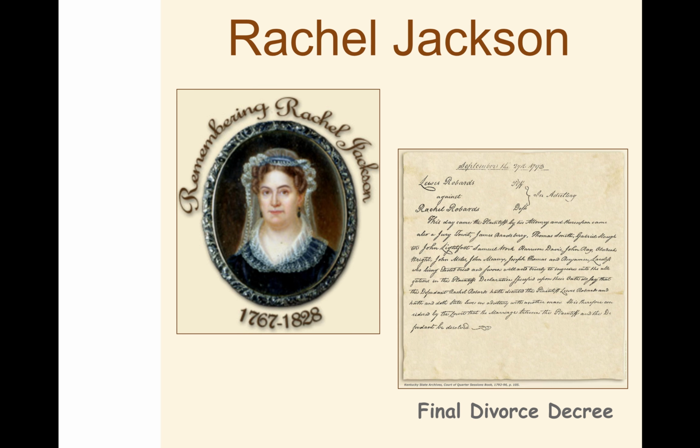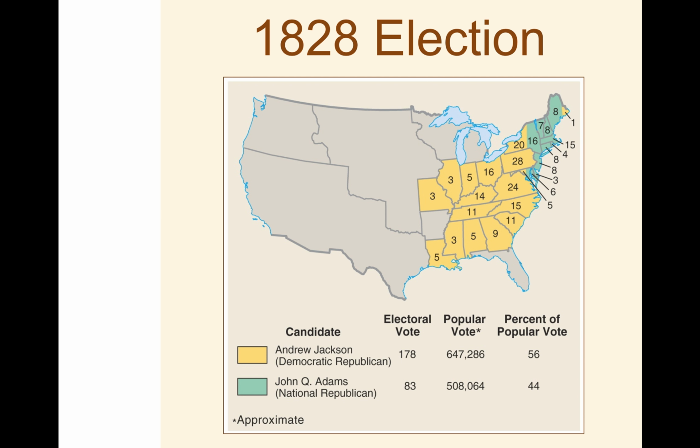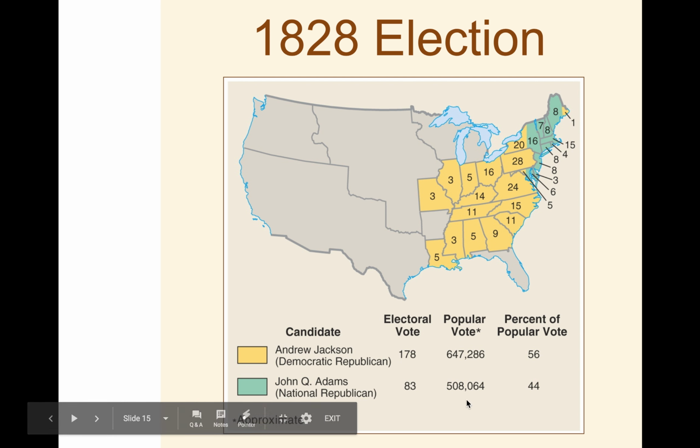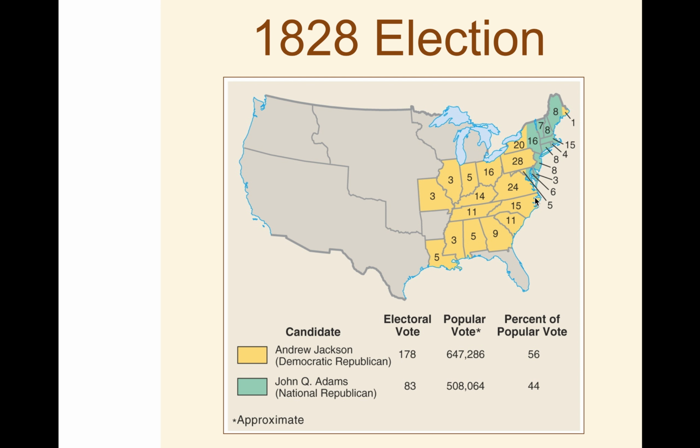wins the election, right? I'm skipping ahead really quickly to look at this map, just because what we see here is a really, really key example of sectionalism, right? Notice how regionally divided this election is. Despite the closeness of the popular, well, it wasn't that close, but it's important for us to realize that the popular vote was closer than the electoral vote, which shows us the significance of the electoral college in this